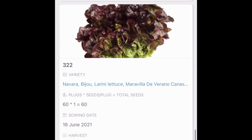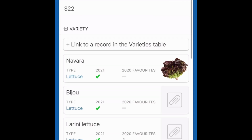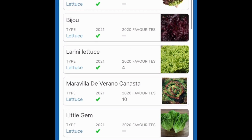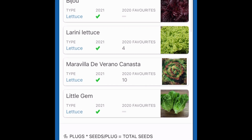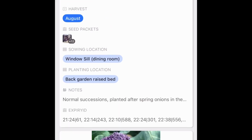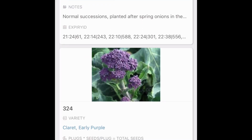And then we've got just a range of lettuces that are great in summer: Navara, Bijou, Luini, Canasta and Little Gem. Nothing special really about those. I've talked about them all many times. And then this is the second sowing of the claret, as I said, just to try and get a kind of a nice flush harvest in